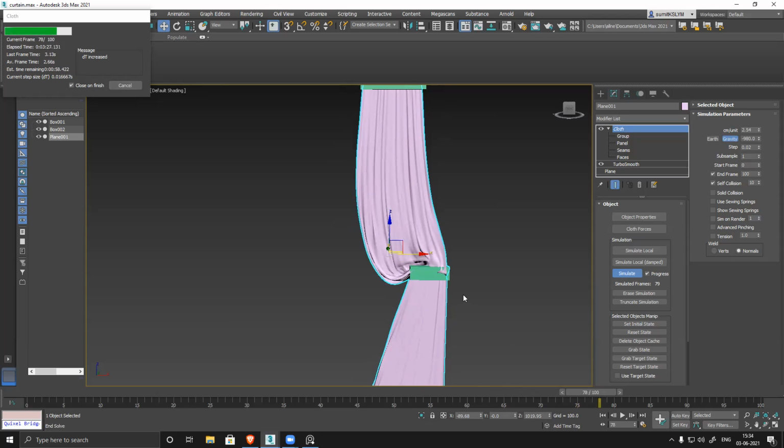See, now you're getting these nice clean folds, right? Because I increased the poly count. Now, if I increase the number of frames also, everything will become straight and clean. So it has more time to process, basically. You need to give more time, more frames, and then it will start working on it properly. Right now it's fixed to 100 frames. It's already frame 87 now, so by 100 it won't come down.